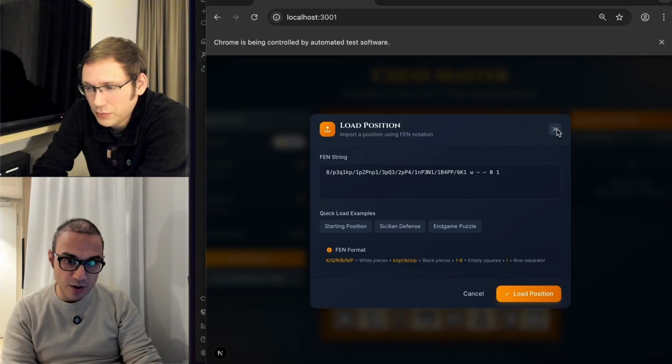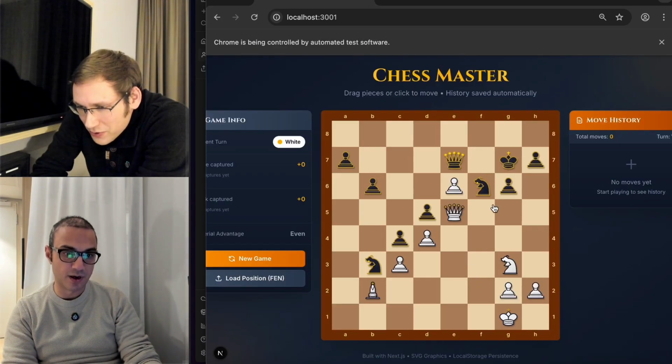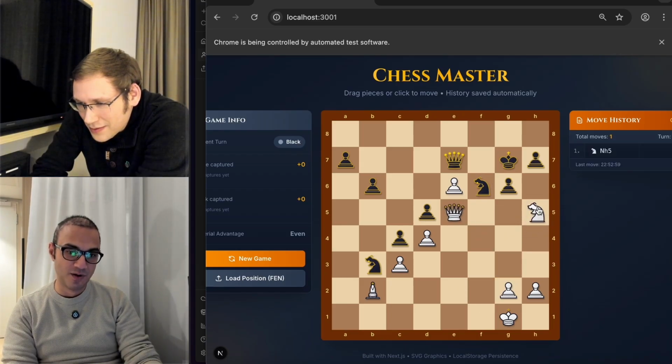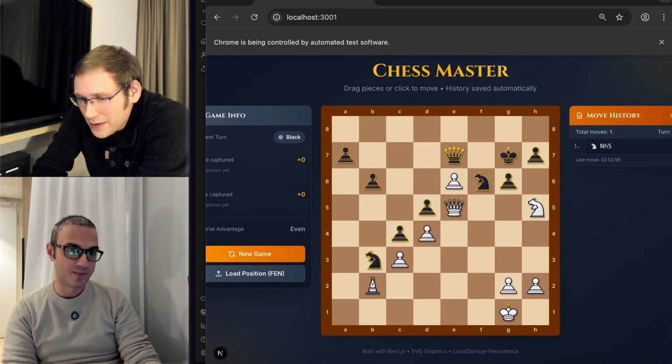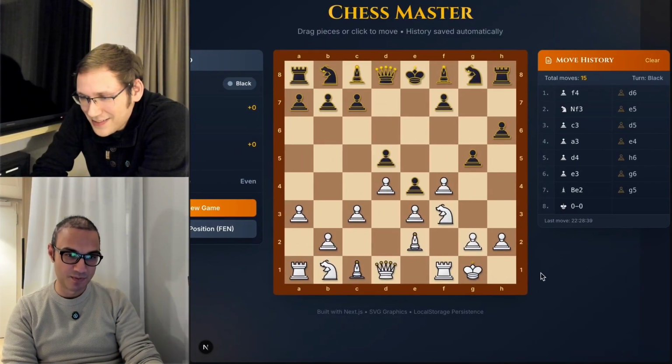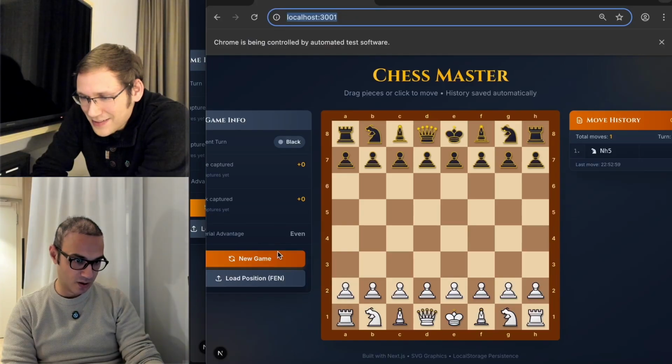Oh, there you go. The prompt. The notation loader is there. Oh, that's pretty. It even gives an example. Wow, this is so cool, isn't it? Yep. So this is the move that made the guy upset. Yes, what's his name? Mikhail Botvinnik. Mikhail was so upset because his move was so